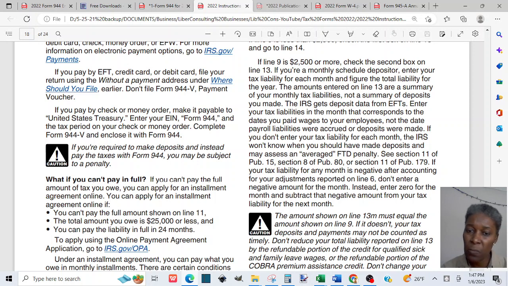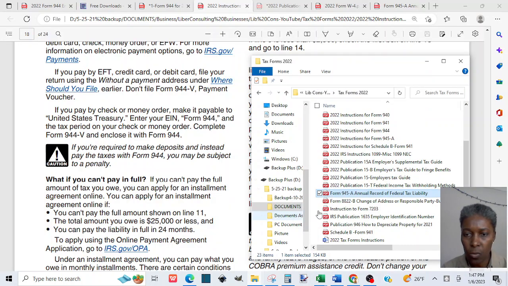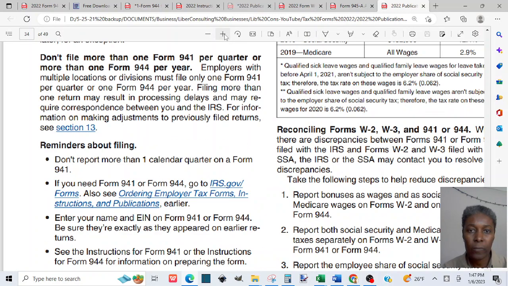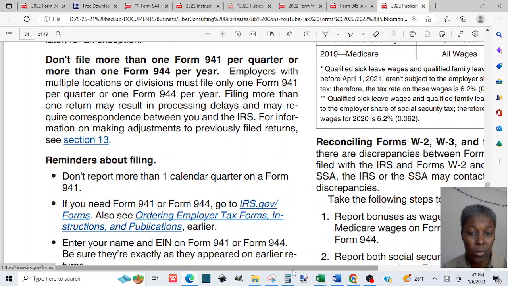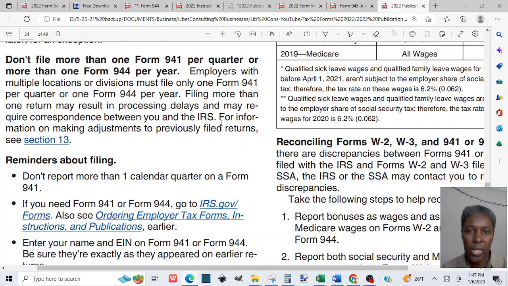So that's Publication 15, section 8. So let's go pull Publication 15 and look at section 8. And I will try to see if I can have some video to explain more about the schedule depositor as well. Since we are at the beginning of the year, it might be something to consider if you are having employment tax liabilities and you'll be paying